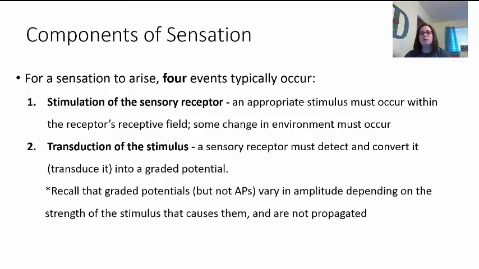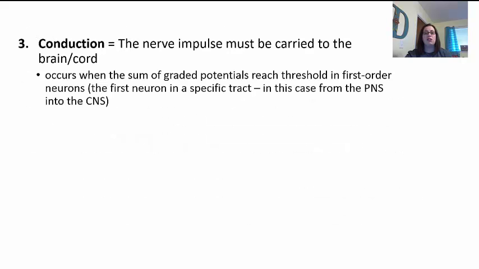So we see a sensory receptor must detect the change, okay, if it's pressure, cold, whatever, and it has to convert it into a graded potential. So it's got to convert it into a kind of electrical signal, okay, and we're going to use those sodium potassium pumps and things like that on the neuron that you learned back in chapter 12 in Anatomy 1. Okay, now if you recall, graded potentials, they are not action potentials yet. Okay, we have to get to a certain point. It's kind of like where you get to a certain point and then there's no going back. Once there's no going back, that's when you have the action potential. Okay, and so we see that where the graded potential is going to build up until we finally go over into the action potential, which is going to be the third phase.